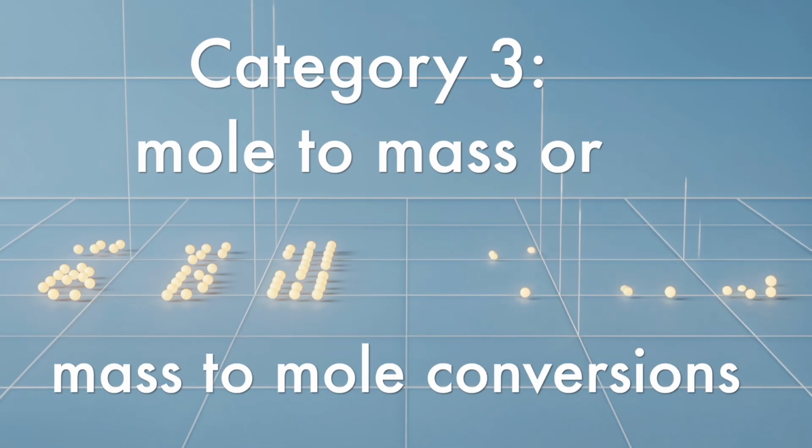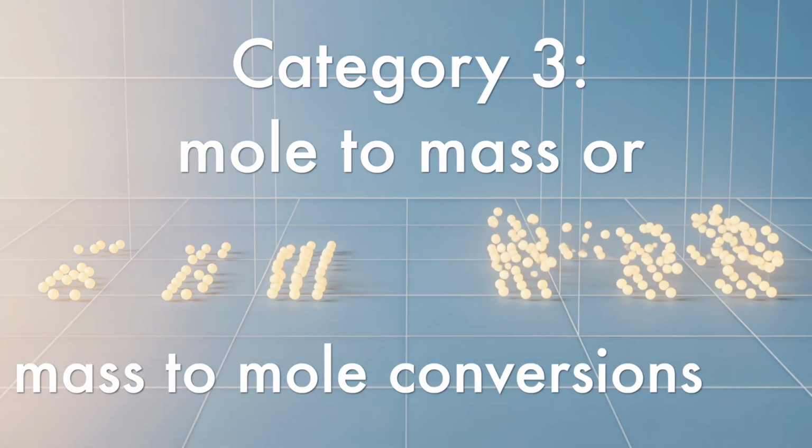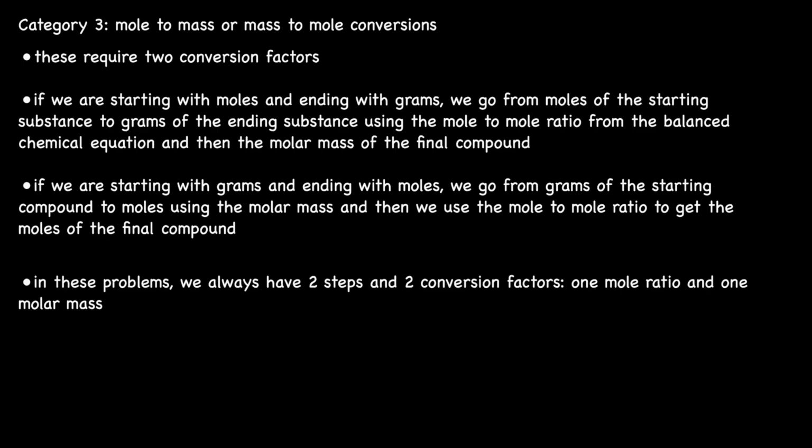The third category will be mole to mass or mass to mole conversions. These require 2 conversion factors. If we are starting with moles and ending with grams, we go from moles of the starting substance to grams of the ending substance. We use the mole-to-mole ratio from the balanced chemical equation, and then the molar mass of